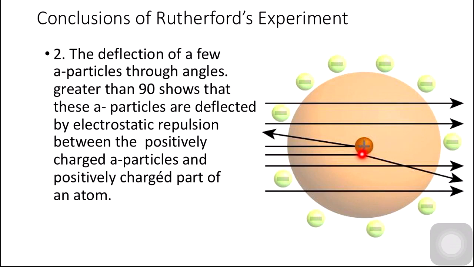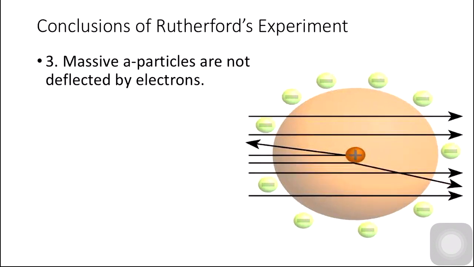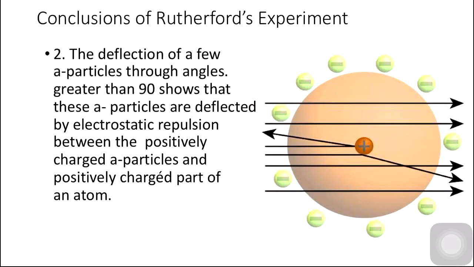Of gold atom. Here you can see that the positively charged beam of alpha particles moves forward and hits the positively charged center of an atom, and after hitting it, bounces back or goes in this direction. So according to Rutherford, there must be something which is very hard and has a positive charge, and similar charges repel each other.